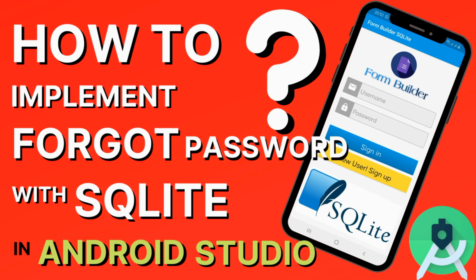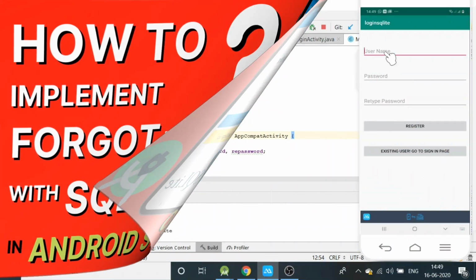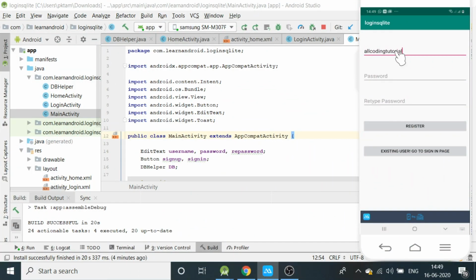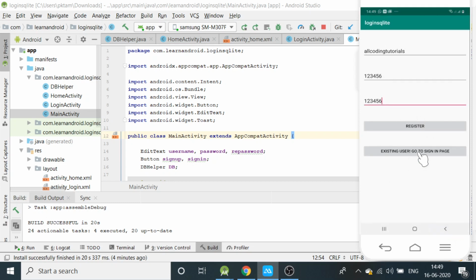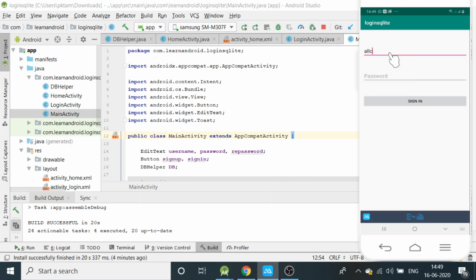A few days back, I had uploaded a video on SQL database on how to create a simple login and register page. I have provided the link in the description. In that, we had created a register page in which the user can enter his username and password to register. On successful registration, we were allowing the user to access an empty activity, which can be said to be a home activity. And then of course there was a login page in which the user is asked his credentials to open the same empty activity, which is our home activity.